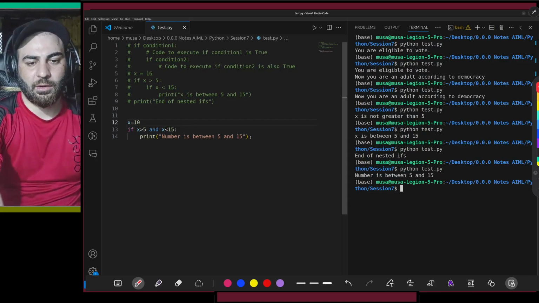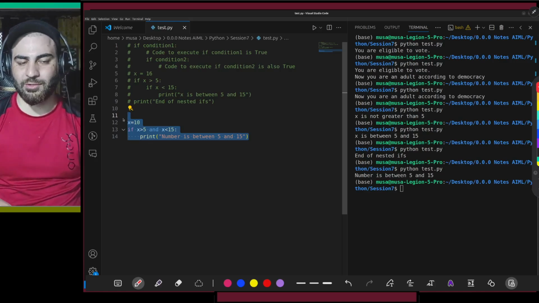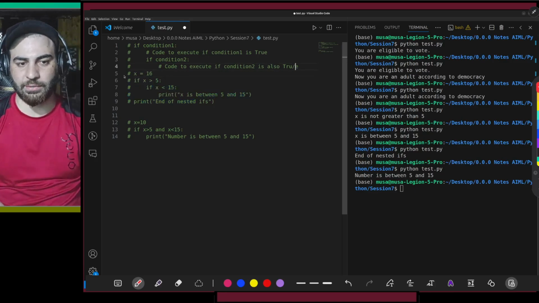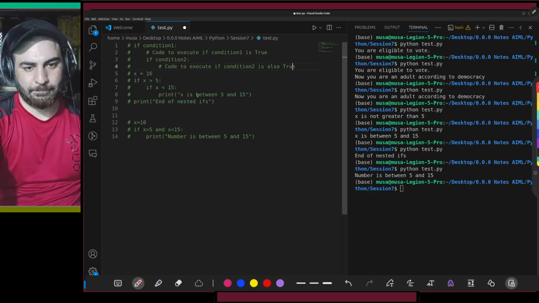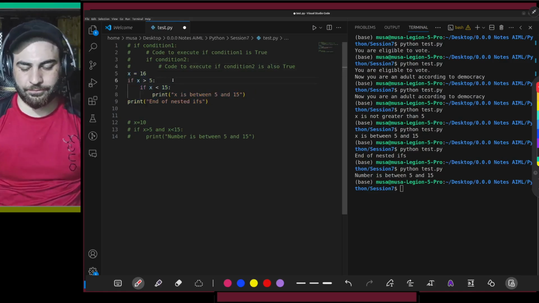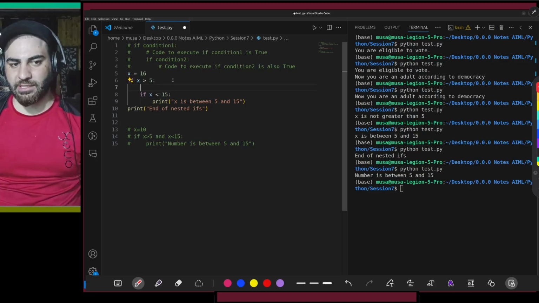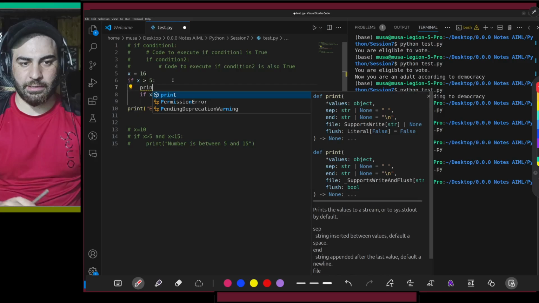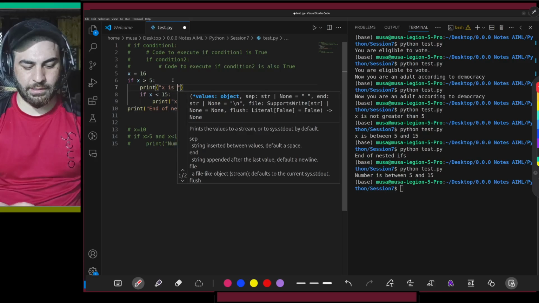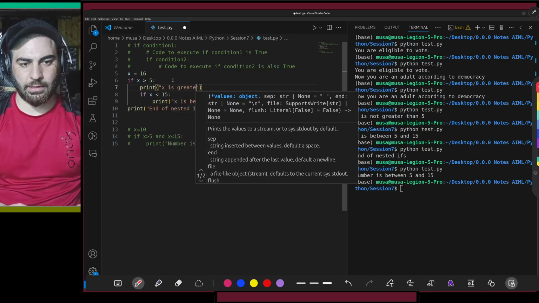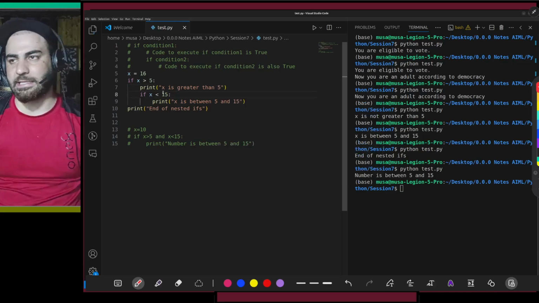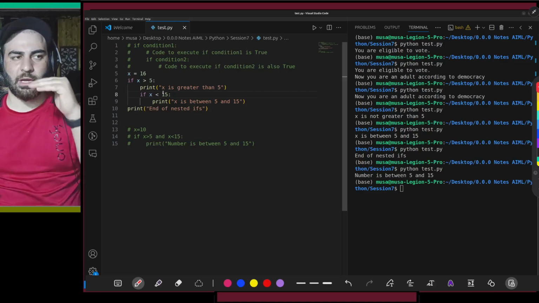Okay, but where it gets different is, let's suppose the previous code was not like this. Within this statement we had something. Let's suppose this is the code, I'll uncomment it. Within this we had some statements execute. We had, let's suppose, print x is greater than 5. Okay. So now we cannot write AND statements, because here